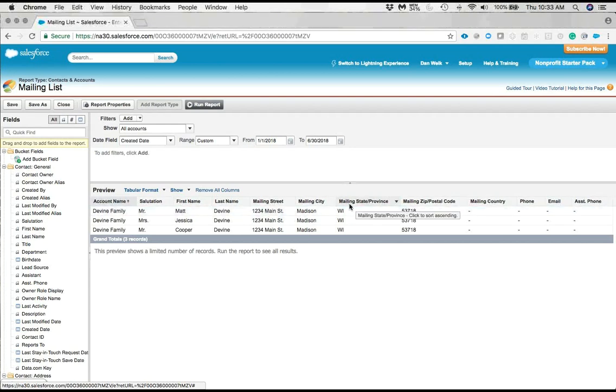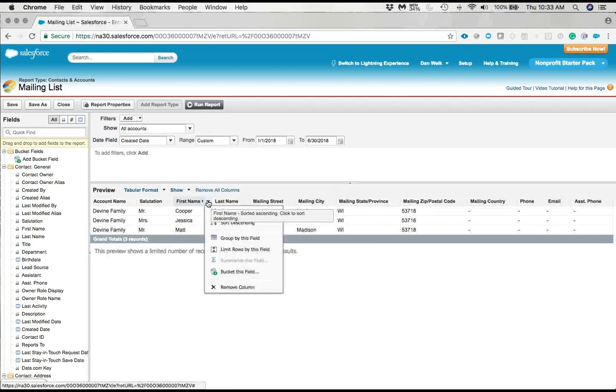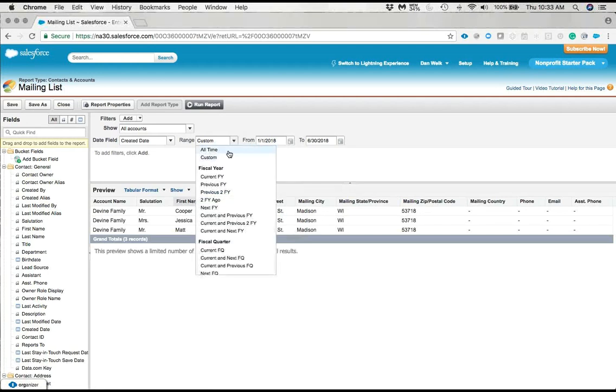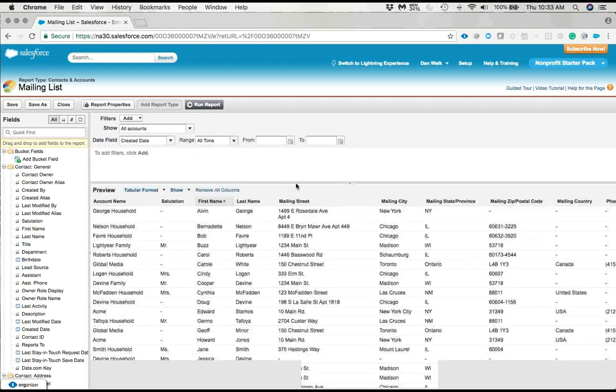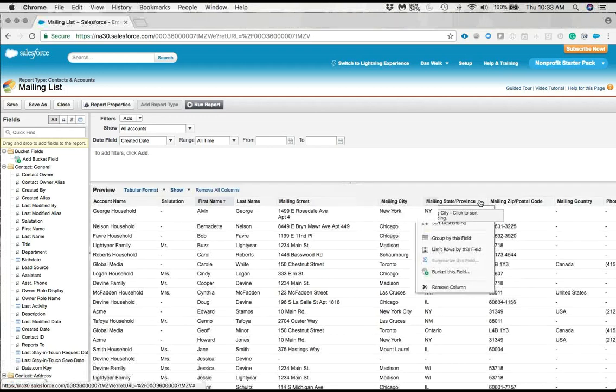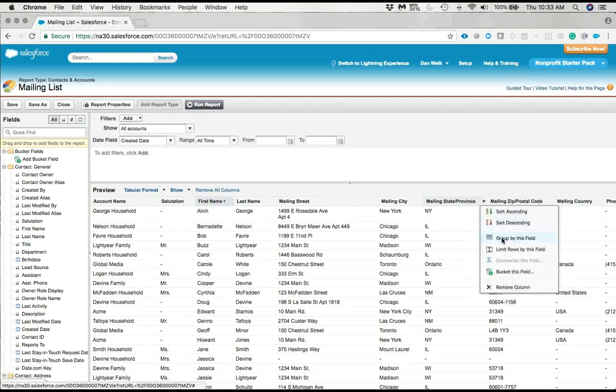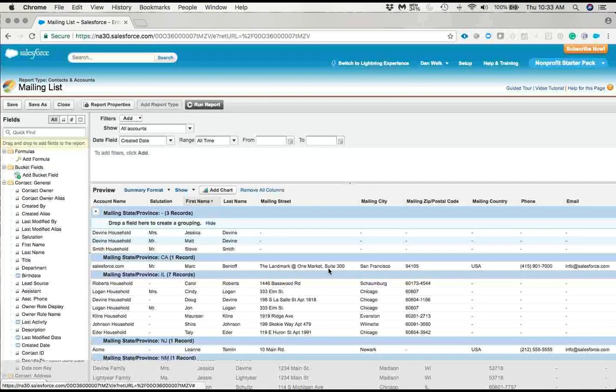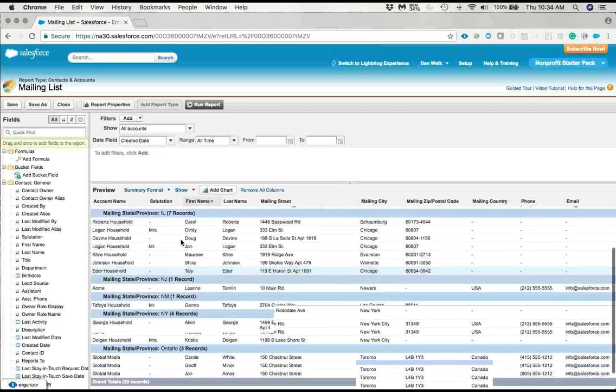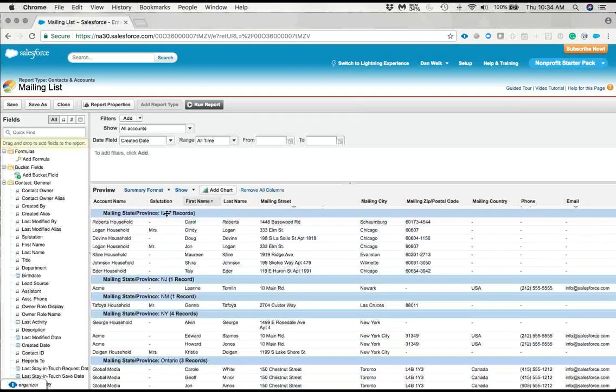Again, once we're in here, we can sort on any of these fields alphabetically, so descending or ascending. If we wanted to, let me take this date range off of here. We could also do a little bit of grouping. So if we wanted to group by state, that will pull these results up into a grouping. So we'll see you've got 7 records from Illinois, 1 from New Jersey, 1 from New Mexico. So it does give you a little bit of flexibility in here to offer some grouping